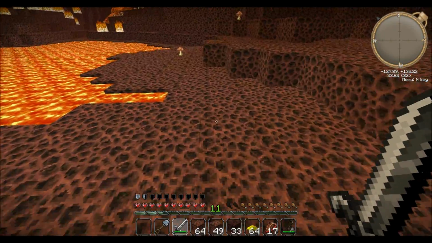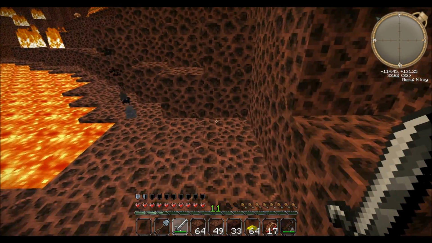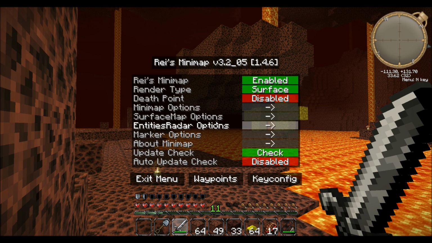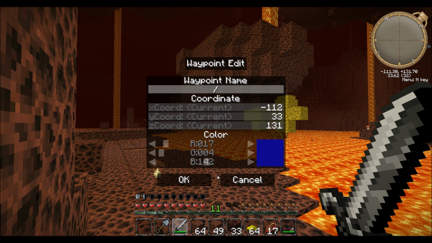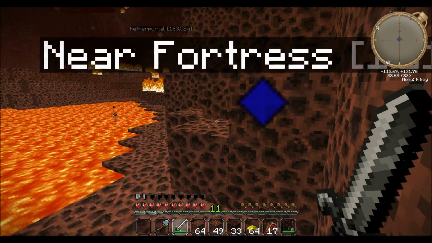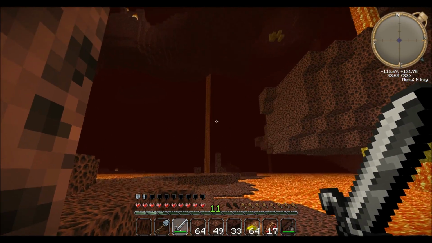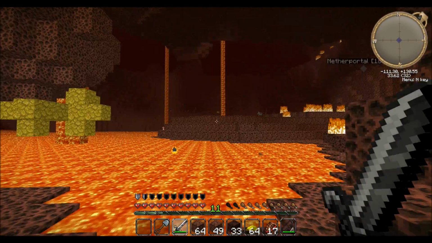Oh god. I just realized what I ought to have done was I ought to have set a waypoint. Well, I can set a waypoint here. I'm sure many of you just yelled at me, so I will go near fortress. And I will rely on my memory and this video to, when I see this waypoint that says near fortress, to know that it's in that direction. Towards the lava lake there. Okay, so